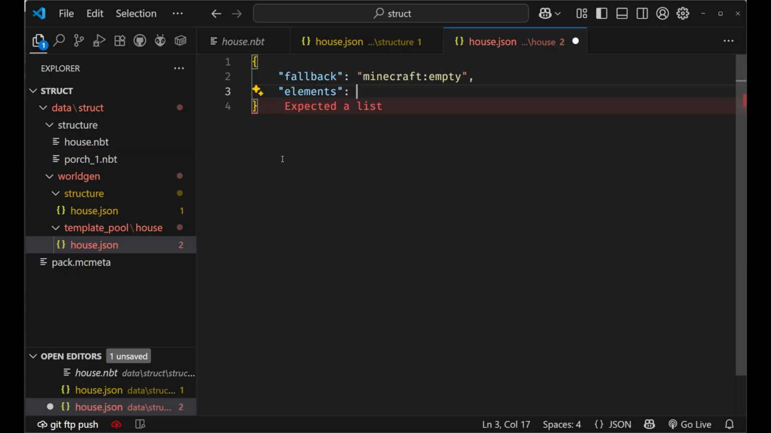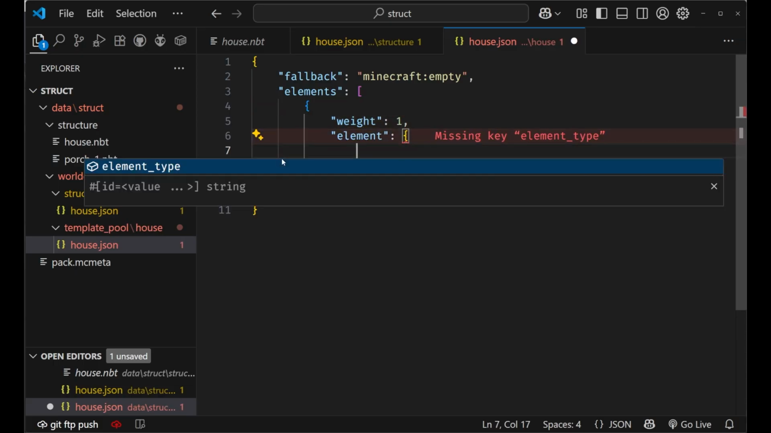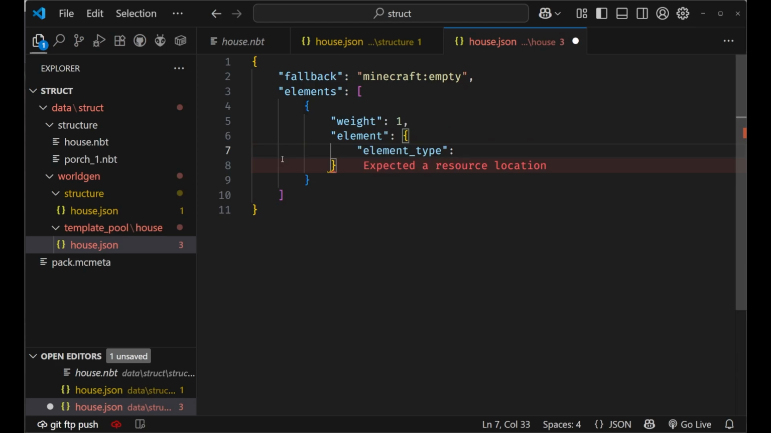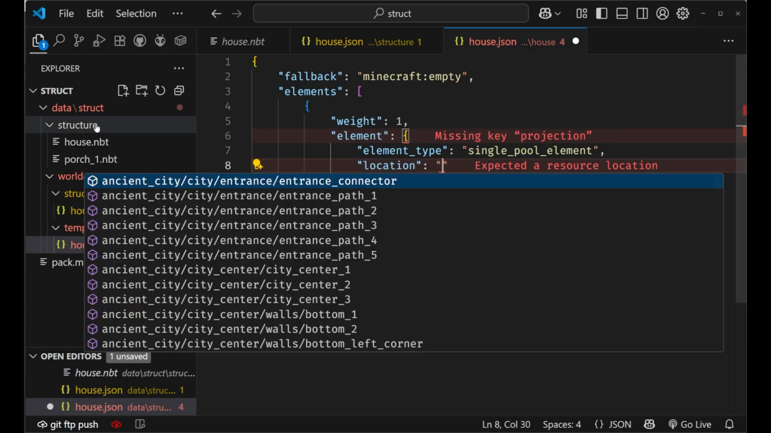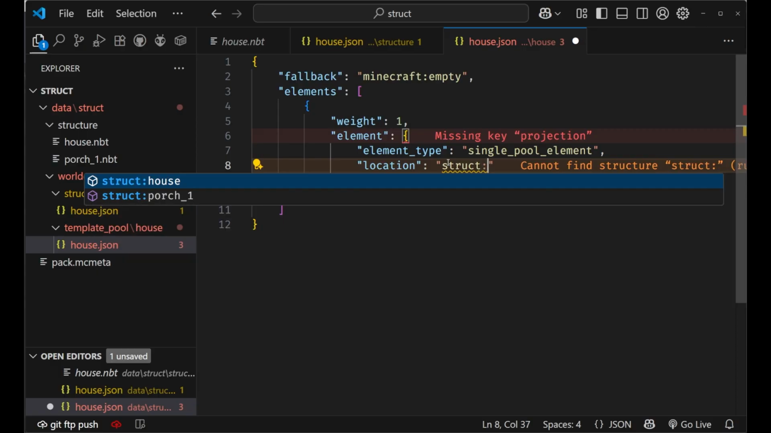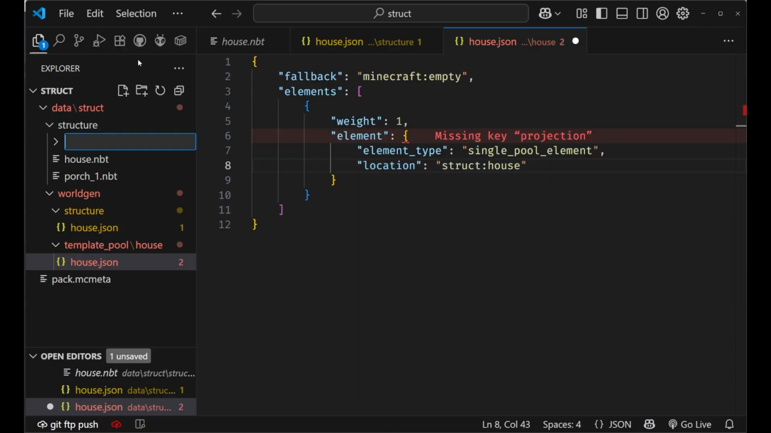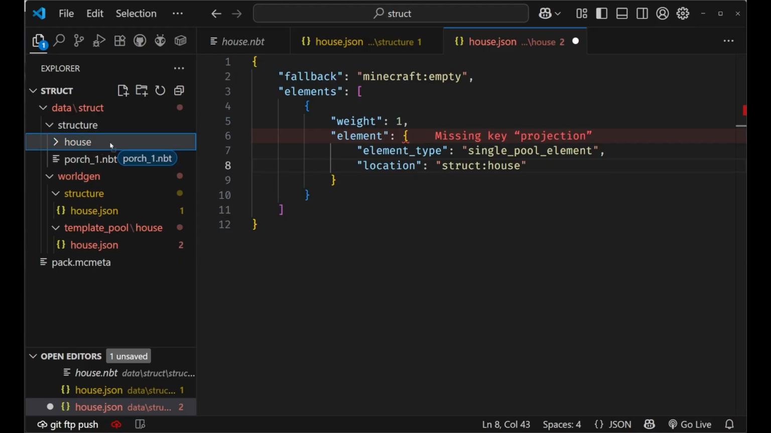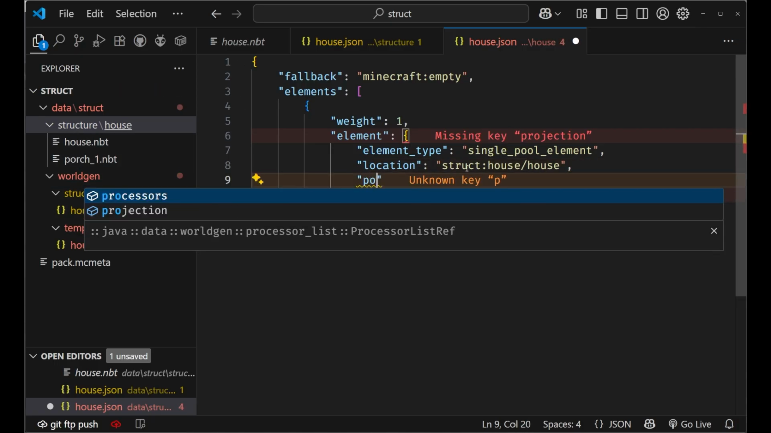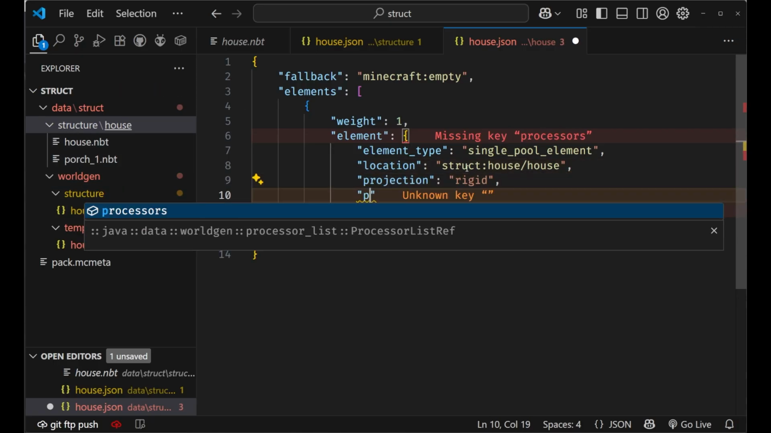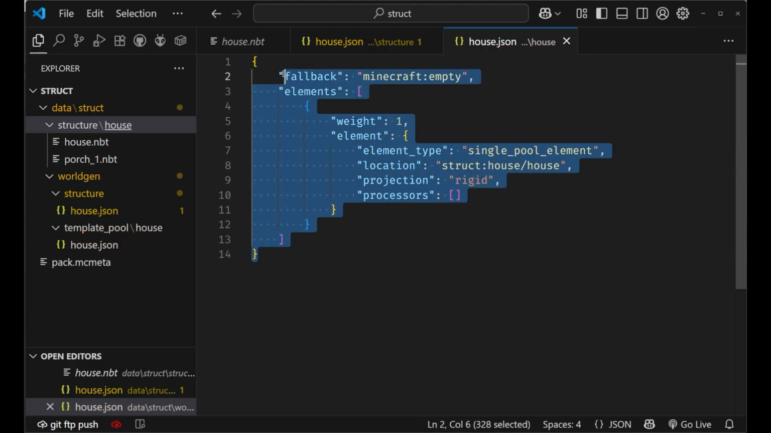Elements will be a list, weight 1 element with an element type of single pool element. A location, this is where we reference what structure NBT file we're going to use. This is going to be struct house. And in fact, I'm actually going to move these into a subdirectory as well called house. So we'll actually say struct house/house. Then we just need our projection to be rigid, our processors to be empty, and that is our house template